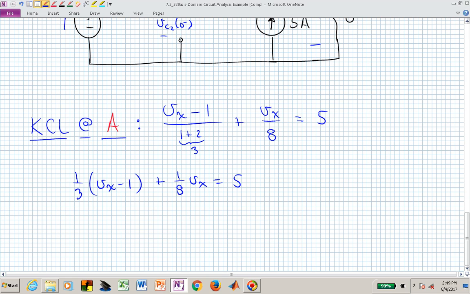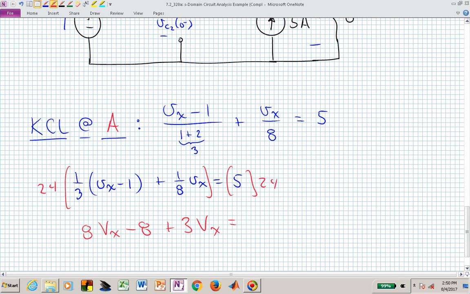We could multiply both sides through by 24 if we wanted to, without changing anything. I guess I could have subtracted or added 1/3 to both sides before I did that, but it doesn't really matter. So now let's do that, and we have 8 V sub x minus 8 plus 3 V sub x is equal to 5 times 24, which is 5 times 25, that's